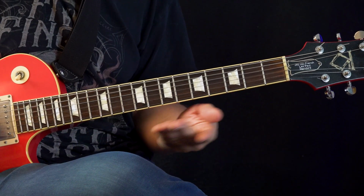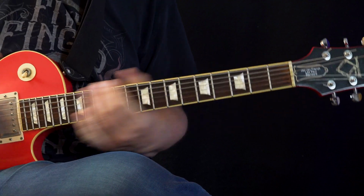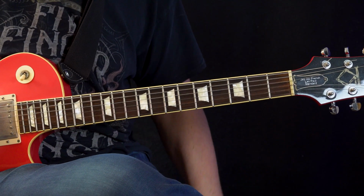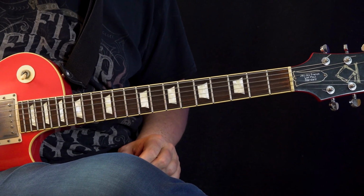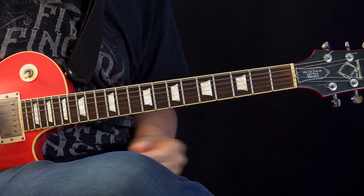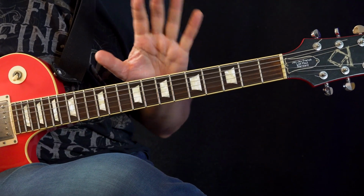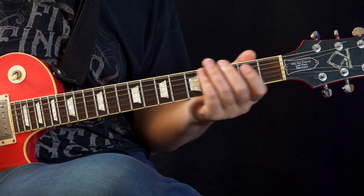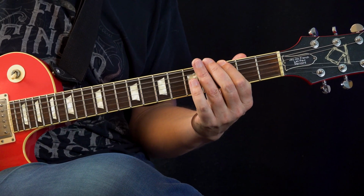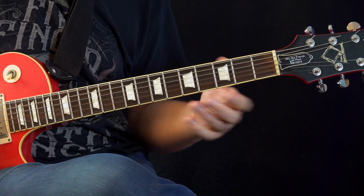Guys, as you can see, I'm wearing some blue jeans, so it fits the topic of the tutorial today. And let's figure out the riff now. When you listen to the recording, I'm quite sure there are two guitars, but we can do it with one guitar. It goes like this. So one guitar makes this,